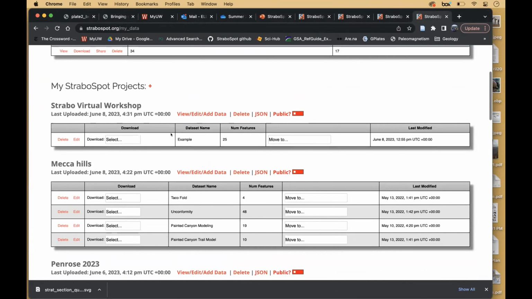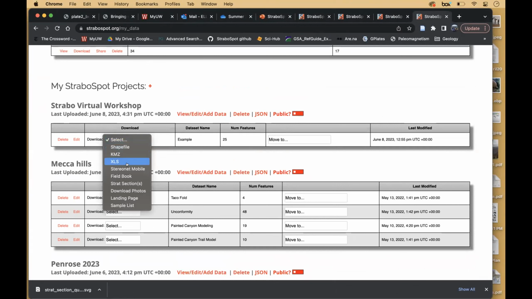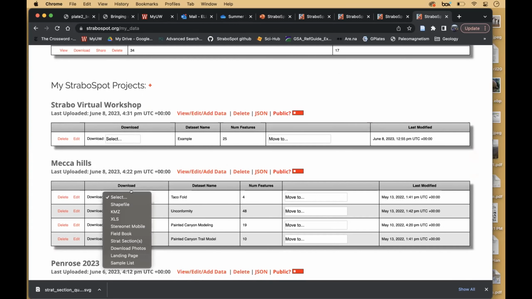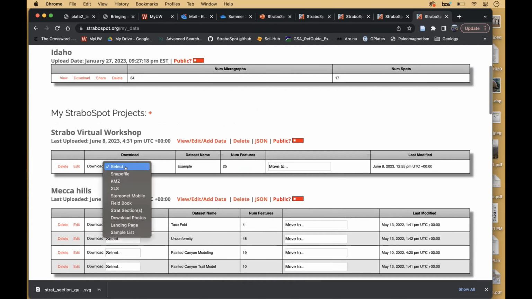So I have them all here. This is the Strabo virtual workshop. So this is the Strat column I had been dealing with. And then here's your usual ones that you can download, your KMZ file, your spreadsheet, your shape file. But on data sets that do have a strat section, you get this extra drop down. You can see, I shouldn't have it on. No, it's not there. So if we go to the strat section, that's going to bring us to a little